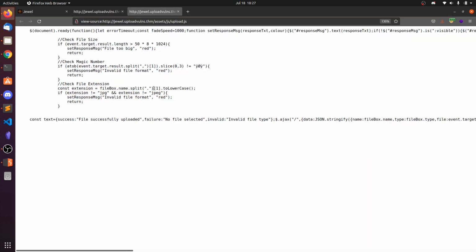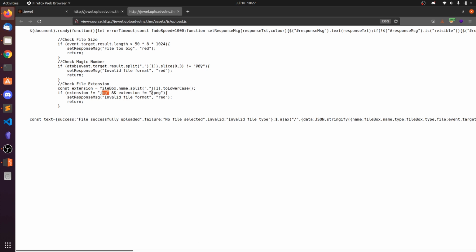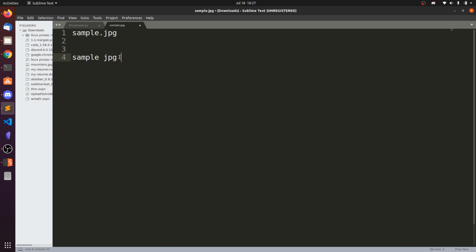Since array starts with 0, we are choosing the second element, that is this one. If this is not equal to JPG and not equal to JPEG, then there is a filtering. So what we can do is upload only JPG or JPEG in this format.